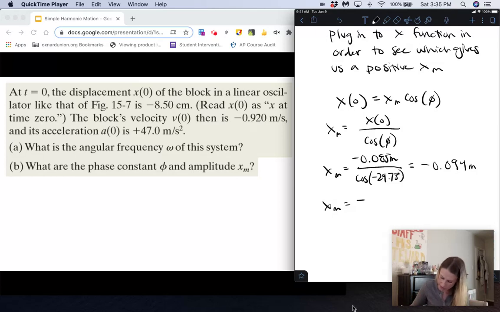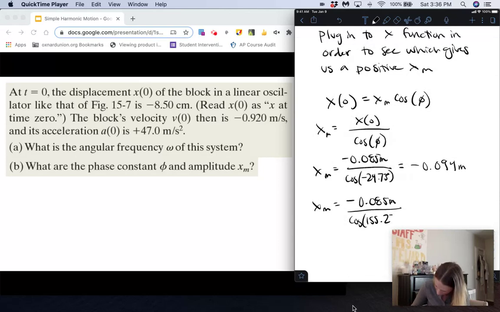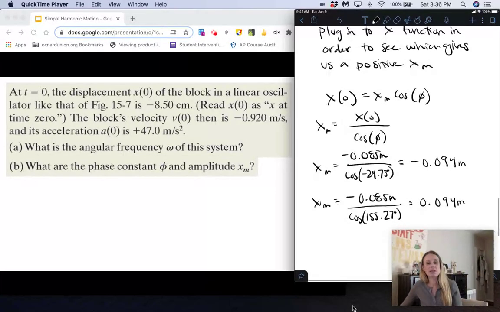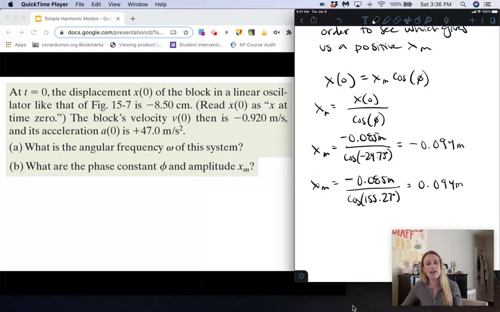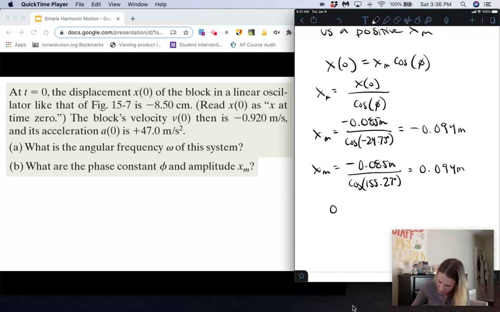Now let's do the same thing with our other angle. So we're adding 180 degrees to the angle. So we get negative 0.085 meters divided by the cosine of 155.27, and we get a positive 0.094 meters. So what that tells me is that 155.27 degrees is my phase constant, not the negative number that I got previously. So the phase constant is equal to